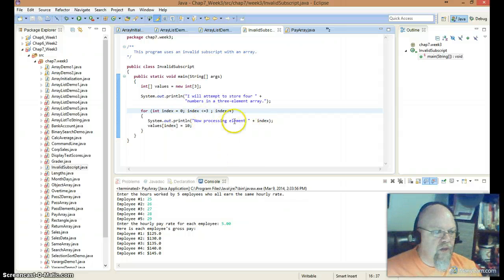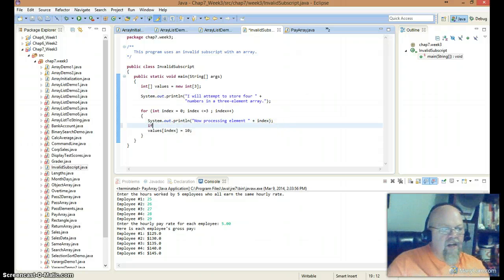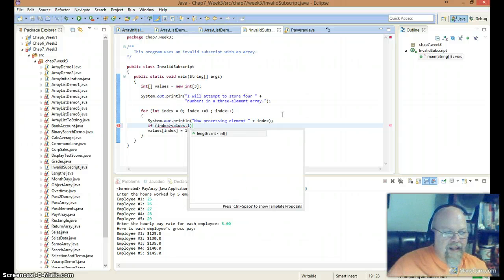And here's one thing I could do: I could say if index is greater than the values dot length